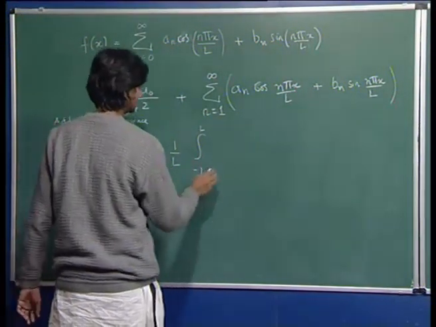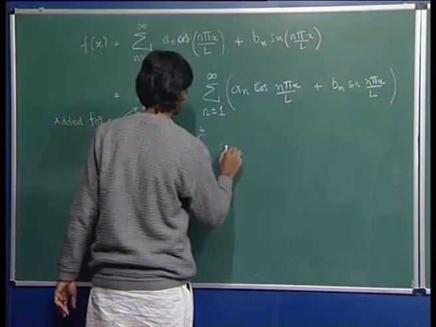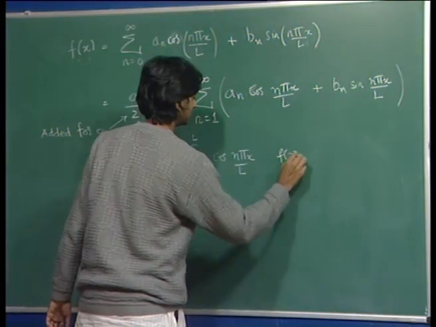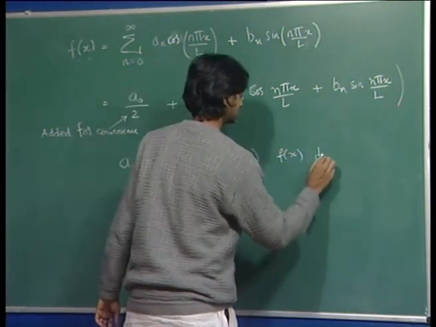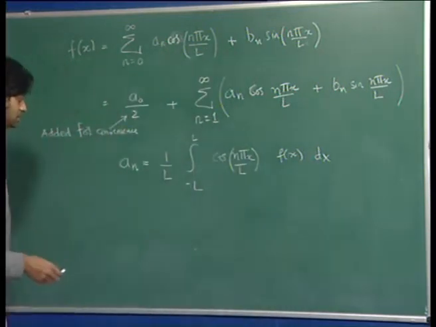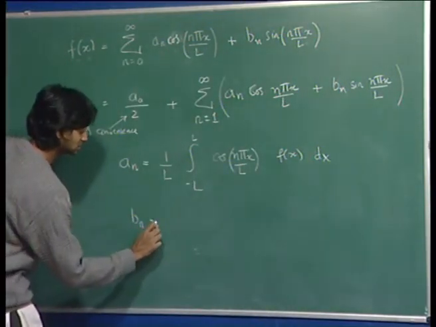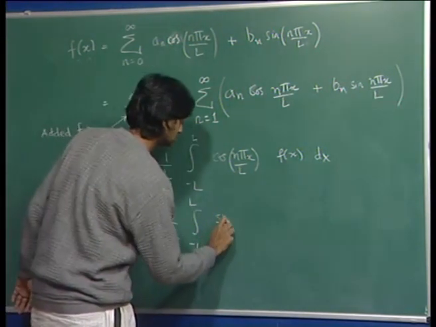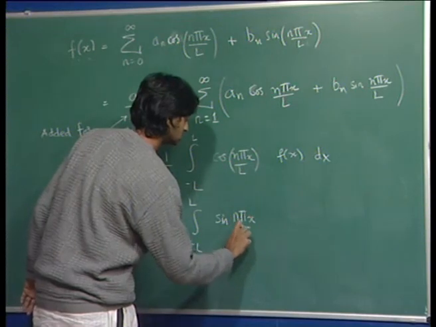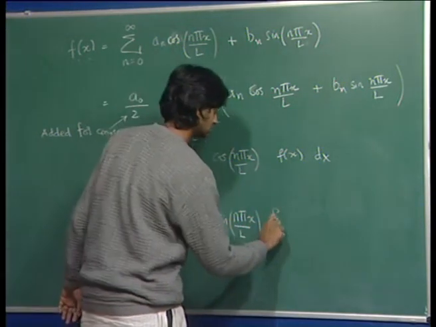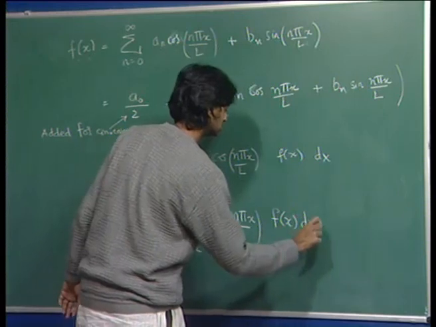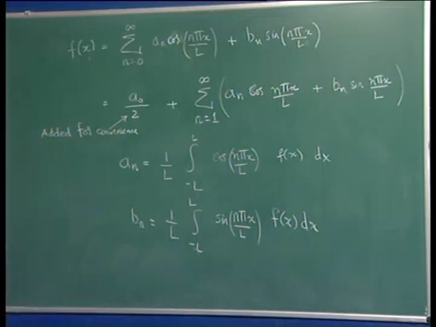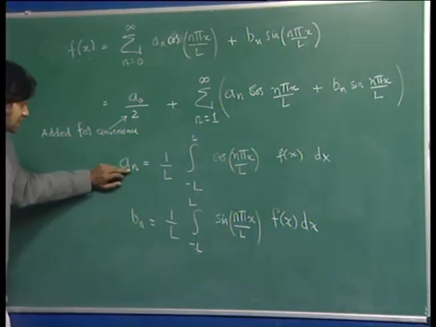So, there is 1 by L, and what you have is cos n pi x by L times f of x dx, and b n is similarly given by its own integral. Now, notice that if you put n equal to 0,